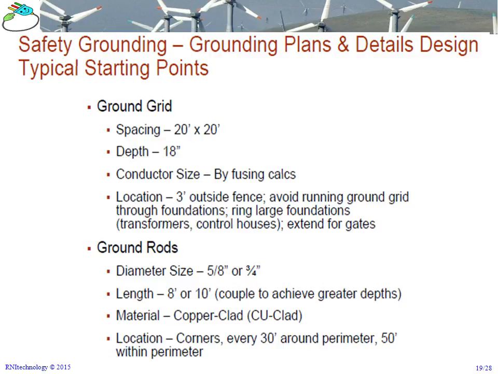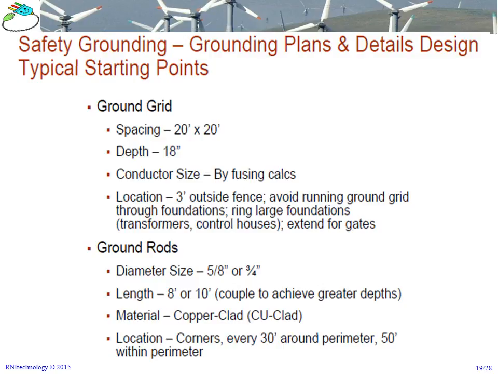Then we will go on to come up with a more detailed design. Let's say you're coming up with a ground grid spacing of 20 feet by 20 feet. You install your grounding 18 feet below the ground. You use the appropriate grounding size based on the previous equations we have seen. You can also add extra grounding outside the fence, like 3 feet outside the fence, in order to protect whoever will be touching the fence, even if he is outside the station at the time when a